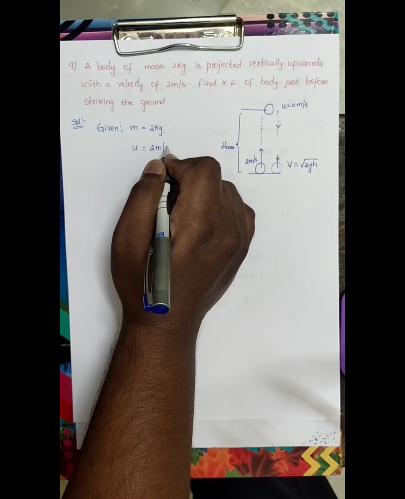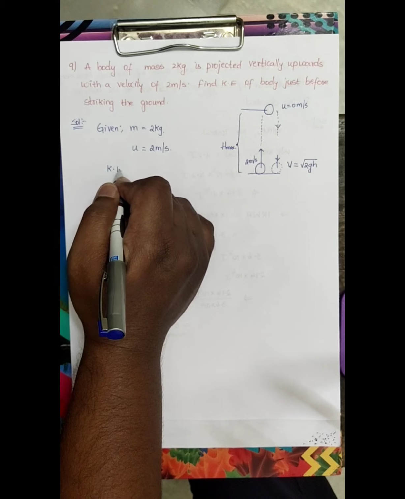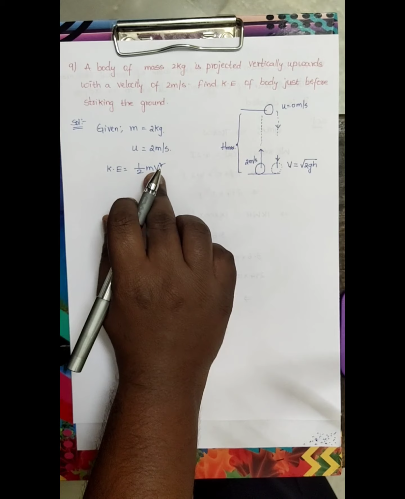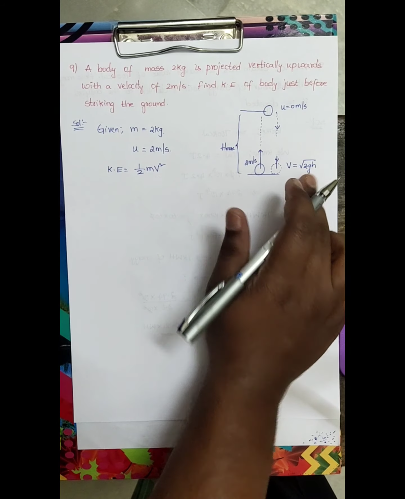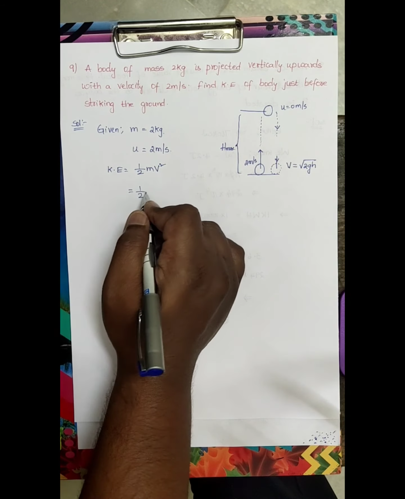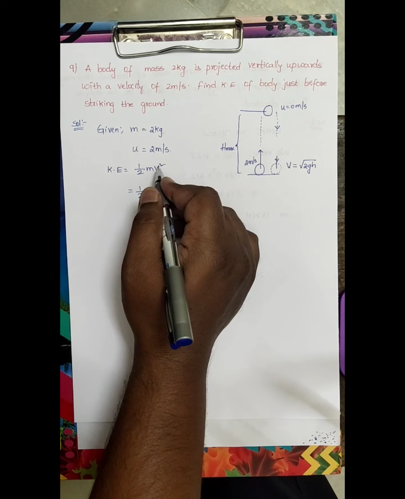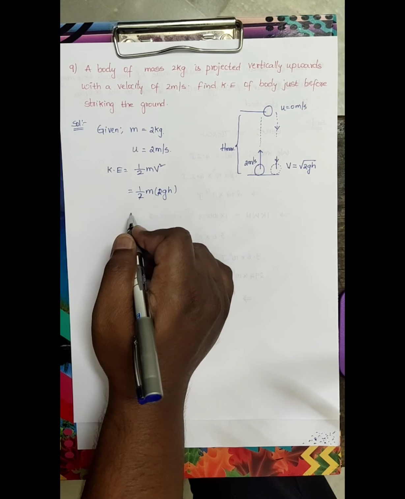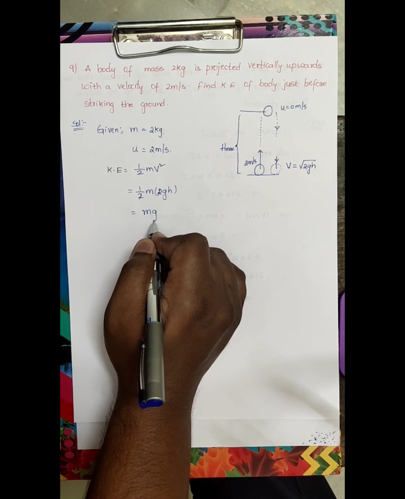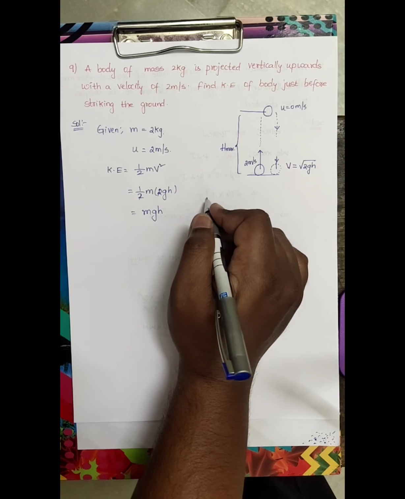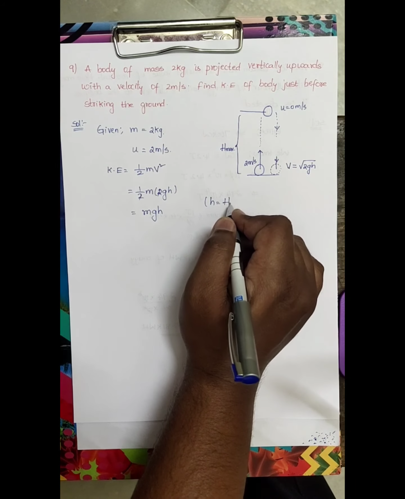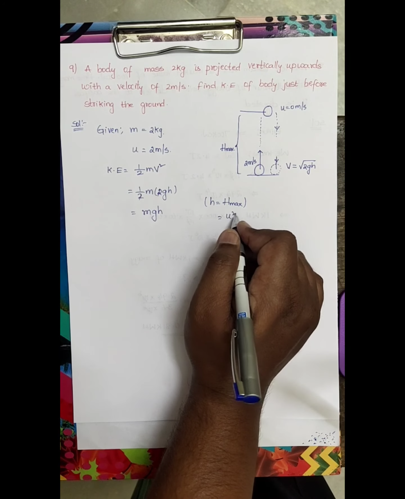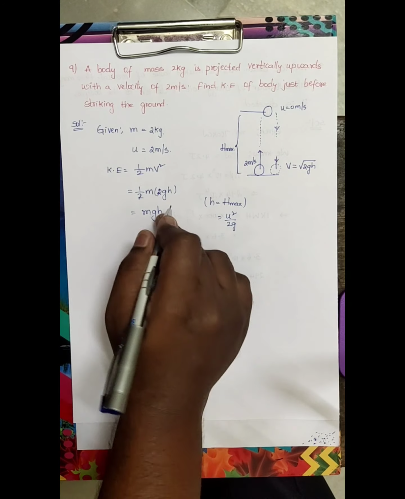Now kinetic energy KE is equal to half m v square. And what is the v value given here? Root 2gh. Substituting, half into m into v square, so you get 2gh, and the 2 cancels, it will be mgh. And what is this h? We have already taken h as h maximum. And what is the formula for h maximum? Already we have u square by 2g. Let us substitute here again.